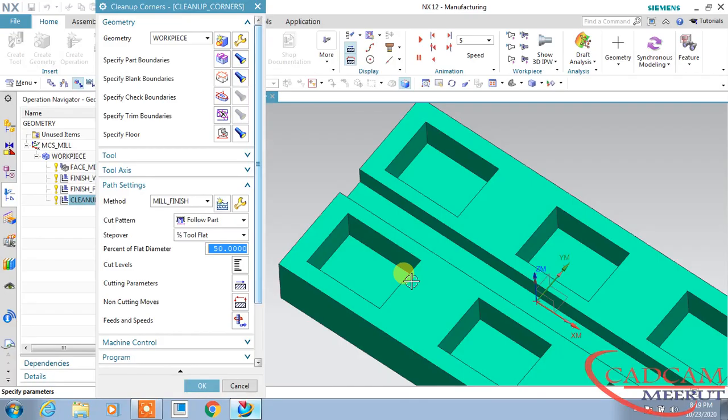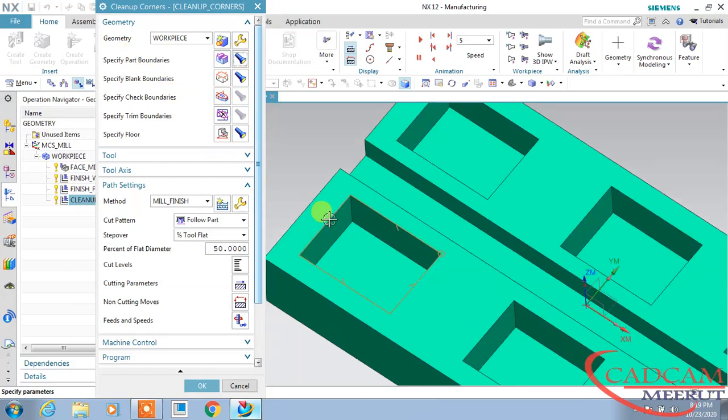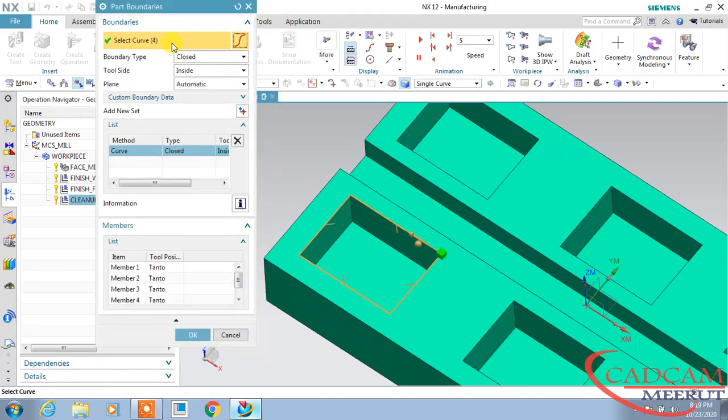Sorry, the system shut down. Here in cleanup corner we have selected this part boundary, and by using this curve, 4 curves are my part boundary, and it is closed. Here the tool side is inside because the tool will cut inside this pocket.